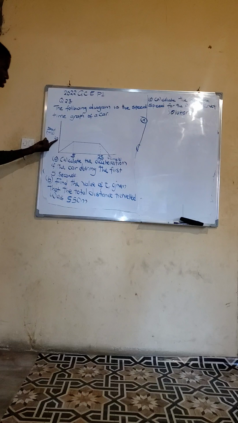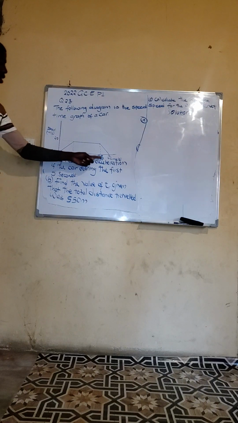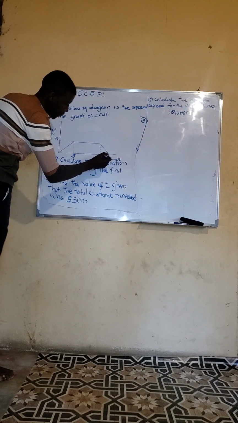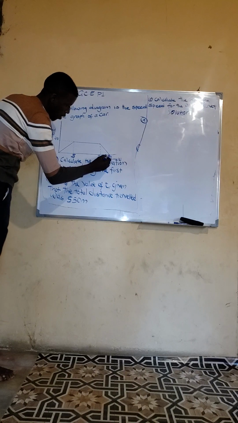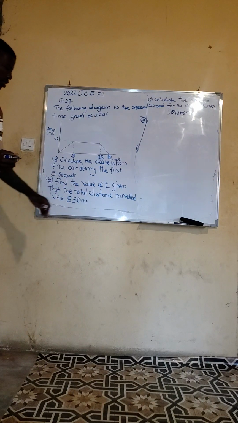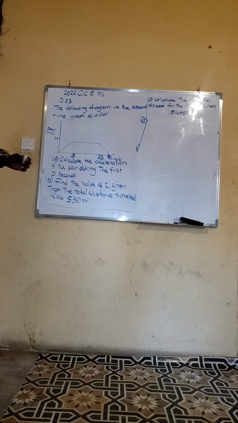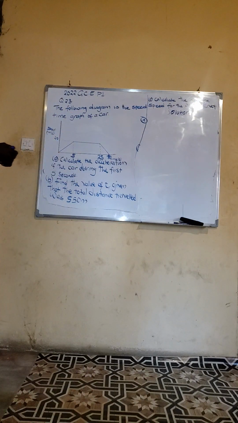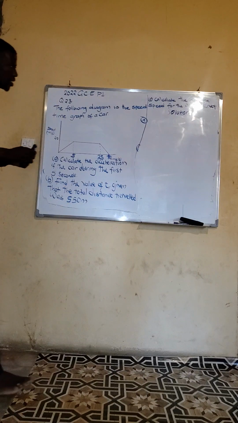So here we have 20 meters per second. Here we have 5 seconds, 25. Then there we have our t here. B says find the value of t given that the total distance traveled was 550 meters. Calculate the average speed for the whole journey. That was for C. Coming back to this one, acceleration